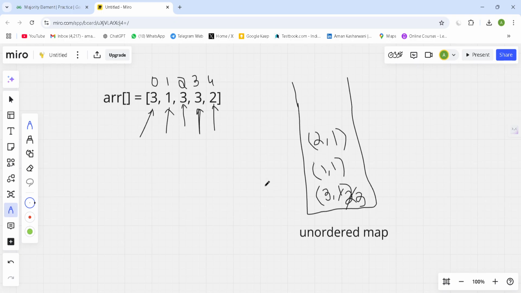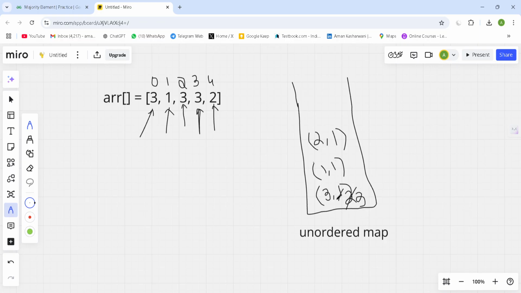And to find out whether an element exists in your array whose frequency is greater than array size divided by 2,